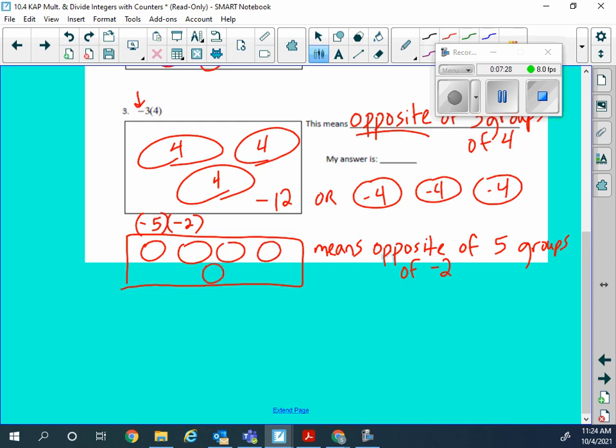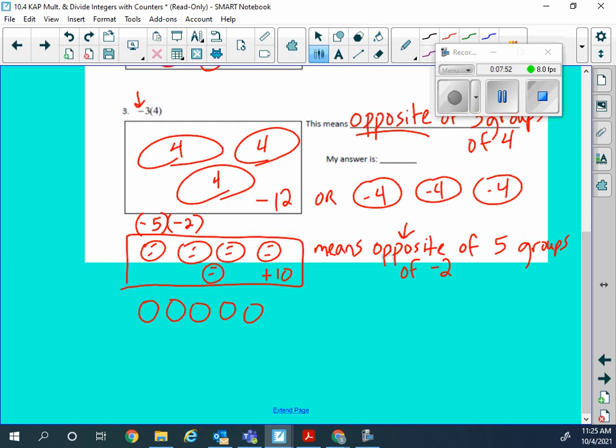There's 5 groups, and put 2 negatives in each one. How much do you have? Negative 10, but then I have to do the opposite, so that would be what? 10. Positive 10. Or I could have done 5 groups of